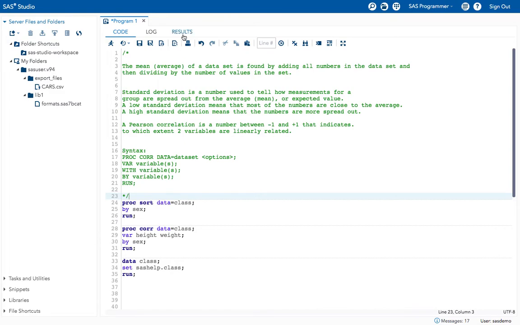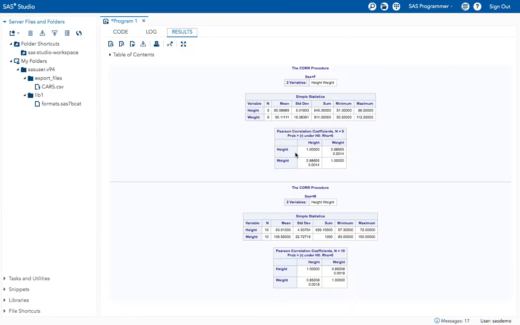Okay, see here what happened. Also by default proc corr computes Pearson product moment correlation coefficients. It also computes correlation only for the non-missing values. See here it is giving us correlation only for the non-missing values.